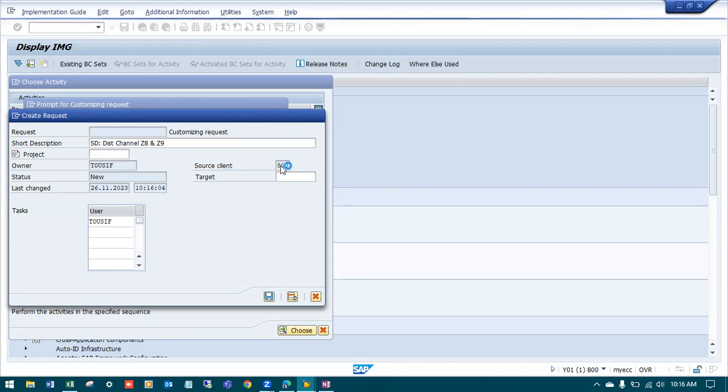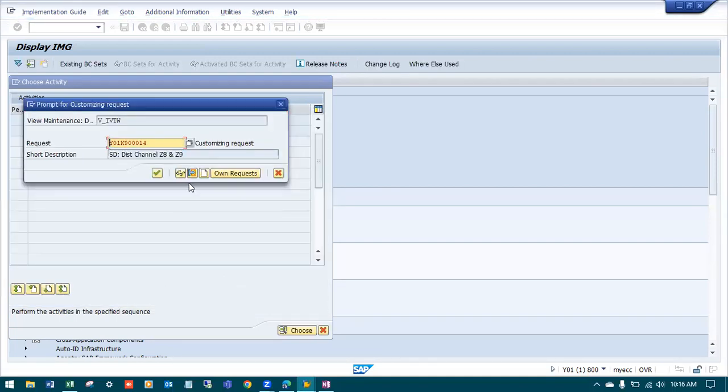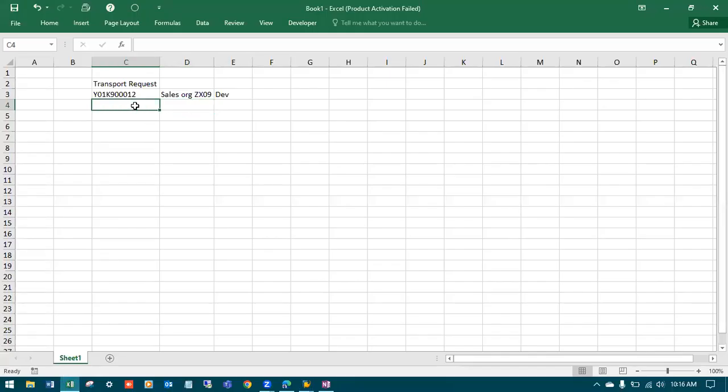Look, source client is 800. This is a dummy number. If we have another client, that could be quality, that could be a production server, any server. To move from this system to another system, we need to provide this request. While executing real-time projects, we need to save this